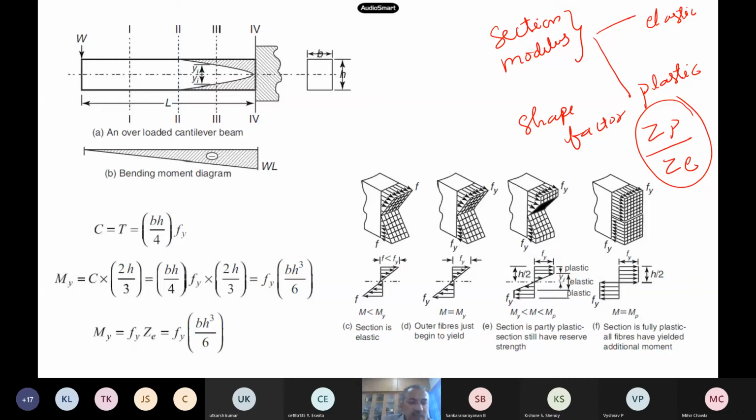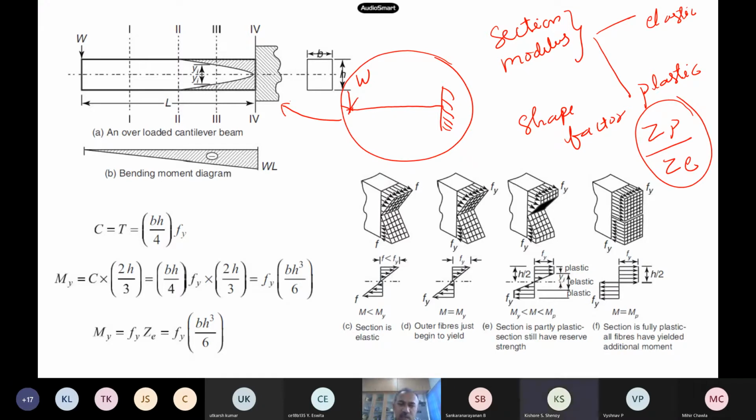Now let us see this case. This is a cantilever beam. I have a cantilever beam like this, and the concentrated load is acting here. It is a rectangular cross section we have taken here, and this is the graph. Now for a cantilever beam, where is the bending moment maximum, at what place? At the joint, at the fixed end. So if W is the load and L is the span,